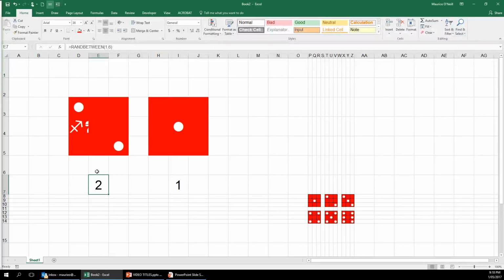Oh, that didn't work so well. I didn't start that with an equals, so equals IF bracket,